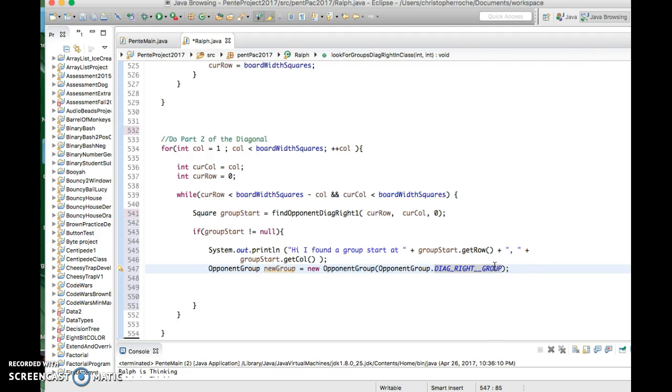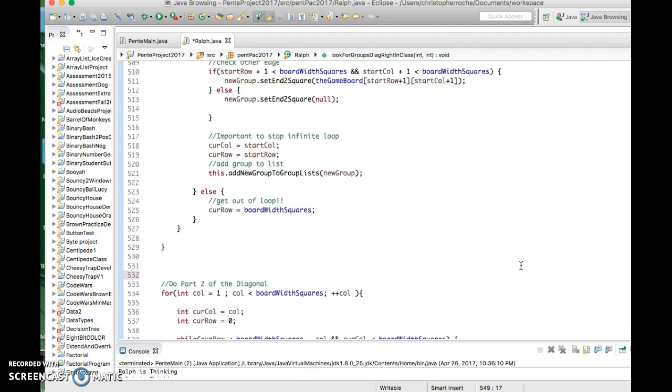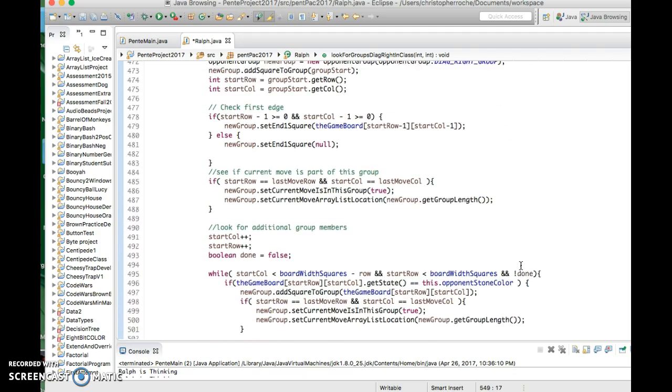I don't know. I don't think it really matters. Okay. And we do that, and we set up an opponent group. And then we do some clearinghouse stuff. What we do is we check the